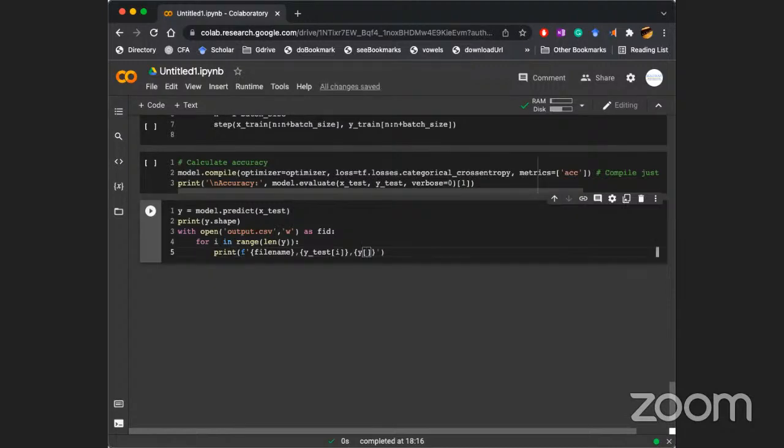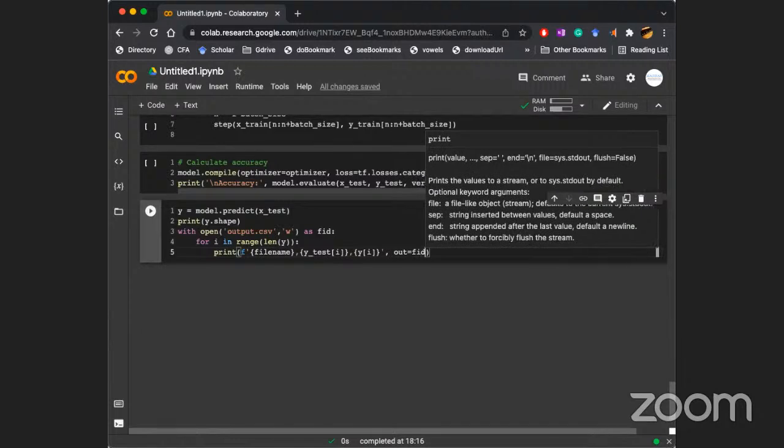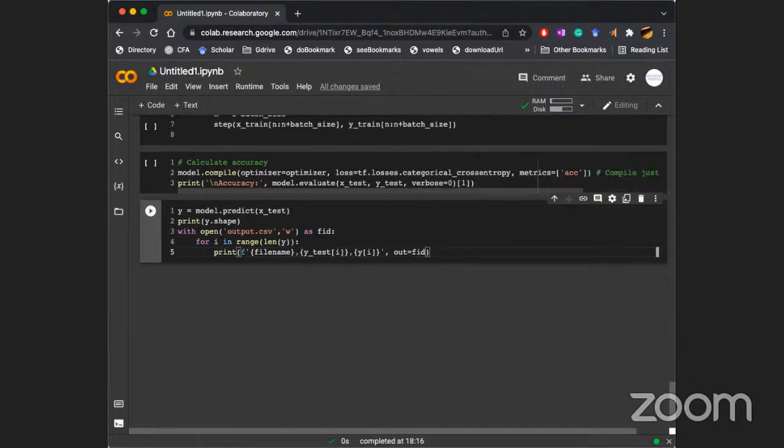y_i, and this will print everything. Then you have to say, I forgot the format, maybe out equal to fid or something. I forgot the exact format. So this will print everything, and the new line is automatically inserted by the print command. Yeah, just verify this syntax. I don't remember exactly. Then everything will be printed in a file, and then you can do error analysis,